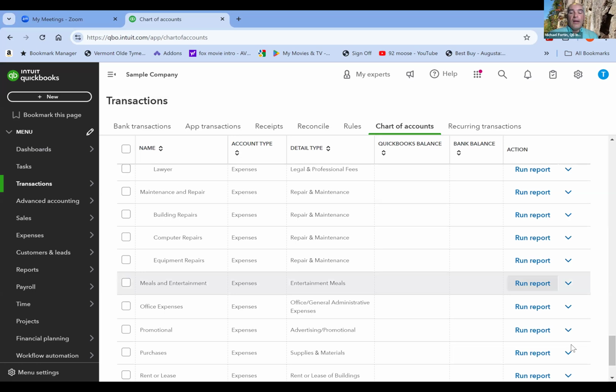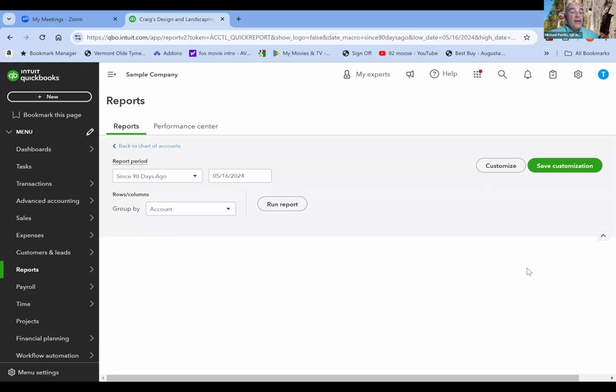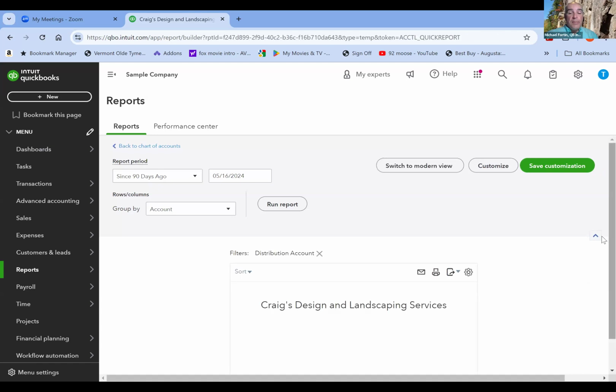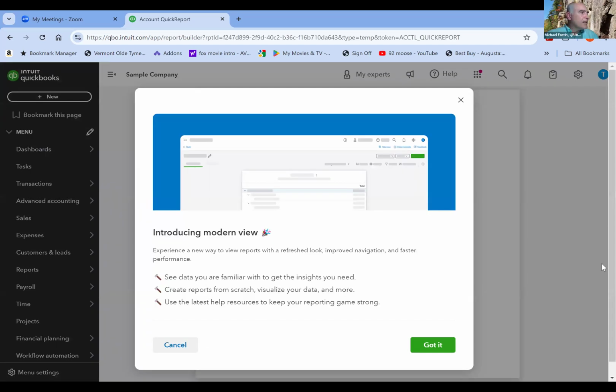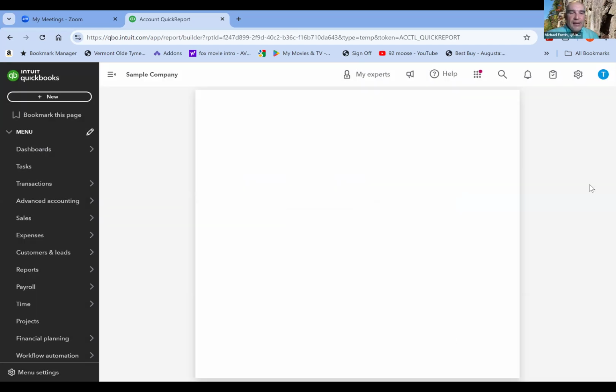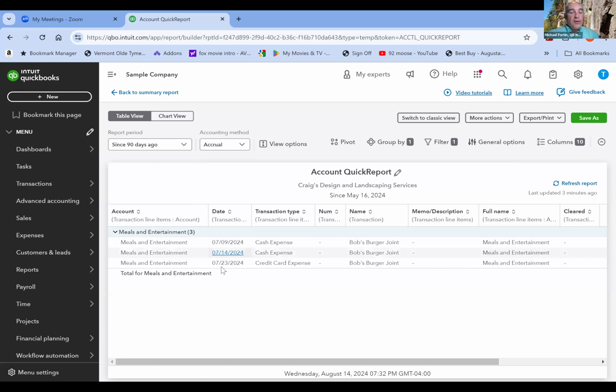And I'll look at the quick report that looks at the transaction, and I will see the $30 expense that I've spent for this lunch. It's going to refresh itself. See, it's a little laggy. My son would say that he's a gamer, so it's kind of laggy. So it happens in the test drive. But anyway, there's Bob's Burger Joint, cash 7/14/24, meals and entertainment, and there is my